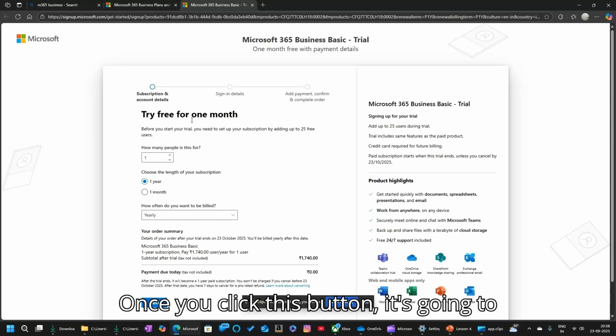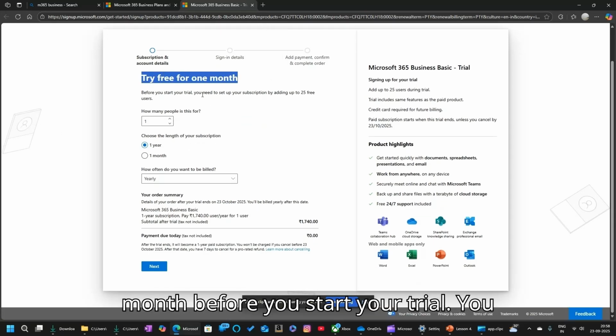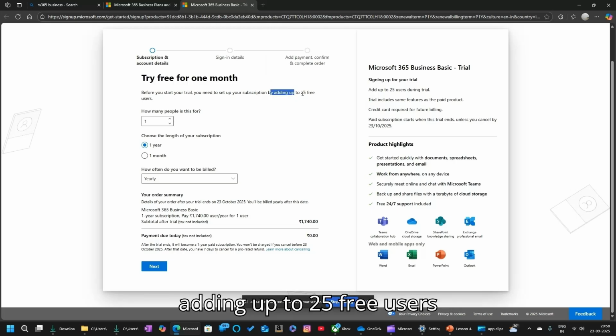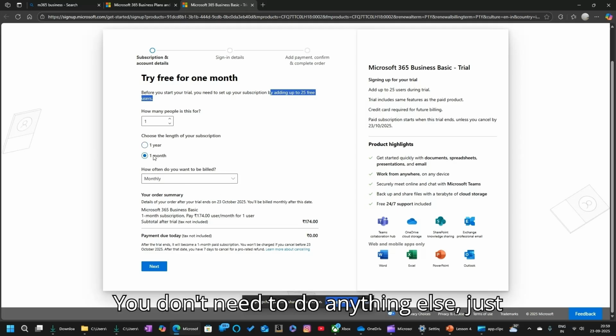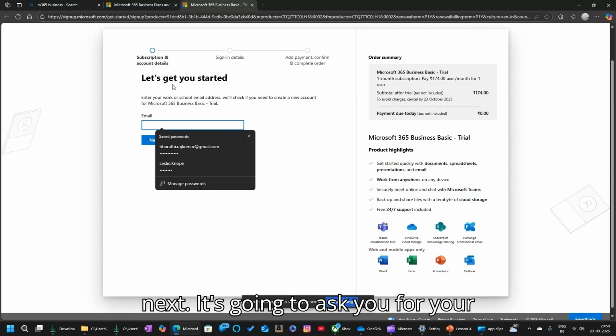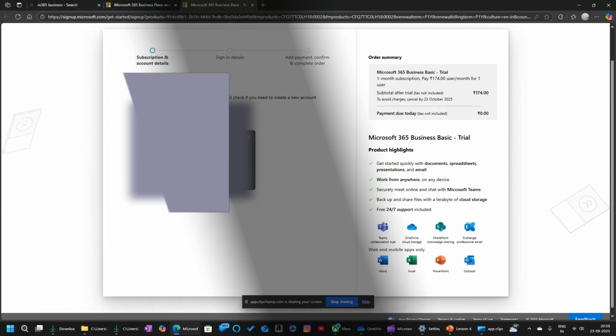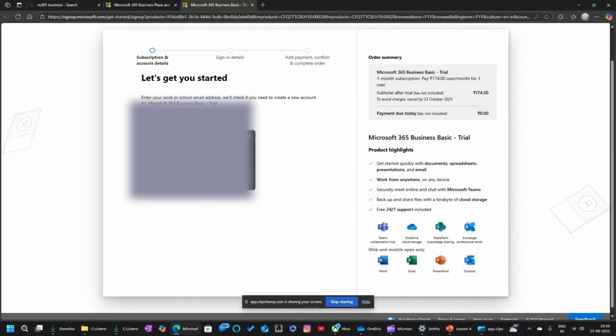Once you click this button, it's going to ask you for things like try free for 1 month. Before you start your trial, you need to set up your subscription by adding up to 25 free users, and you keep it for 1 month. You don't need to do anything else, just keep it for 1 month, and you can click next. It's going to ask you for your email address. Type my Microsoft Entra user that was created before. I'm just going to put my Microsoft Entra account,